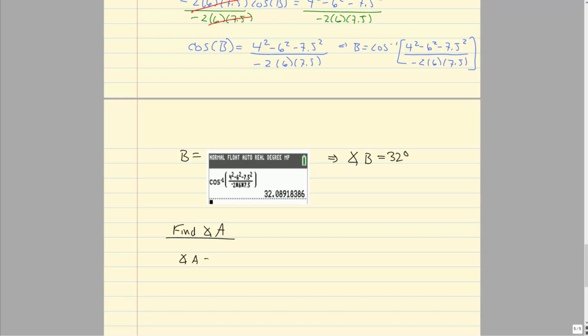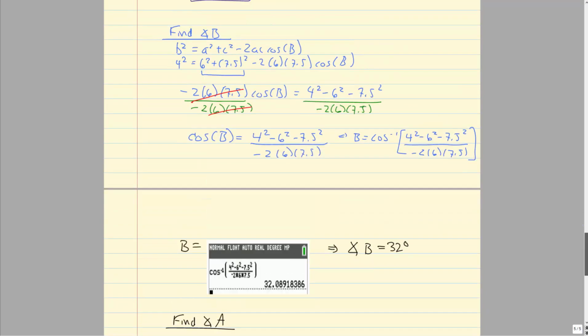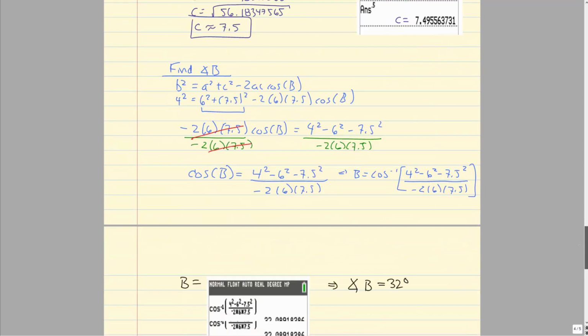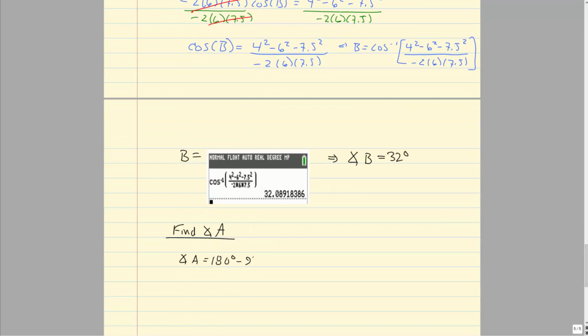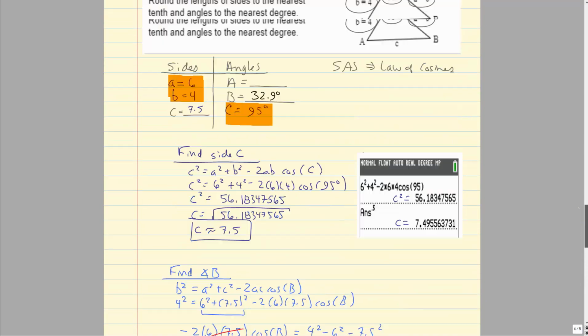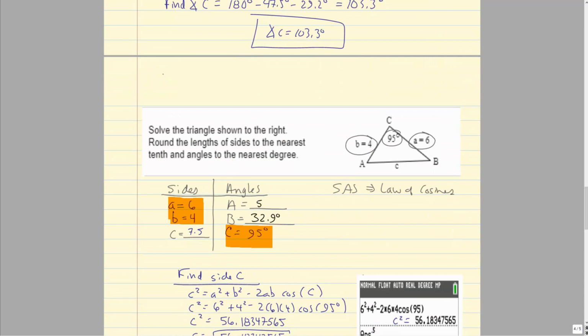Angle A is going to be 180 degrees minus 95 degrees that was given to us, minus 32 degrees that we just found. So let's look at 180 minus 95 minus 32 degrees. That's 53 degrees. So if we come up here and fill in that 53 degrees,